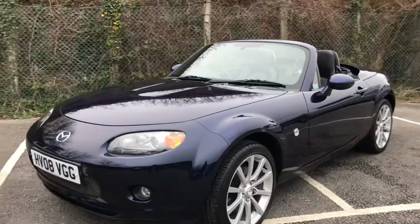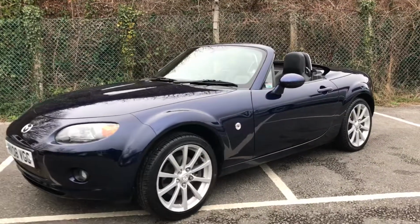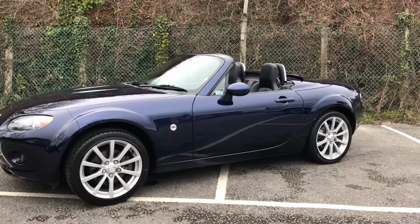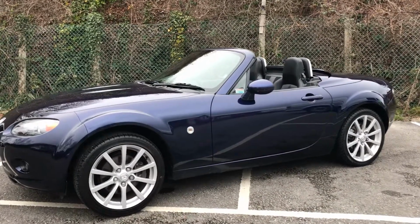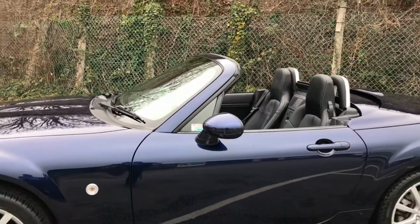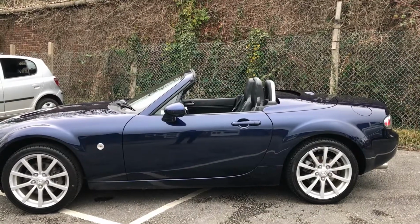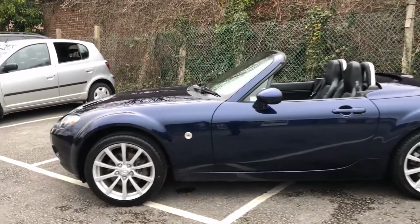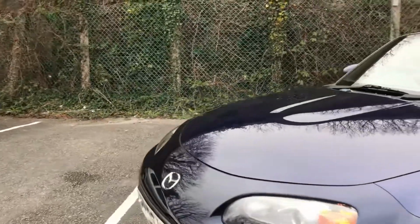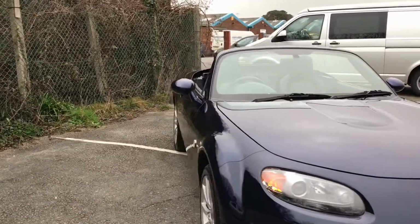I'm here to present this brilliant Mazda MX-5 Sport. Registered in 2008 on an 08 registration. It is the Sport Convertible, the electrically folding hardtop. It's got the 2-litre 6-speed manual petrol engine, which is just shy of 160 brake horsepower. So you've got plenty of power running through those rear wheels, and being the sport model, you've got an excellent